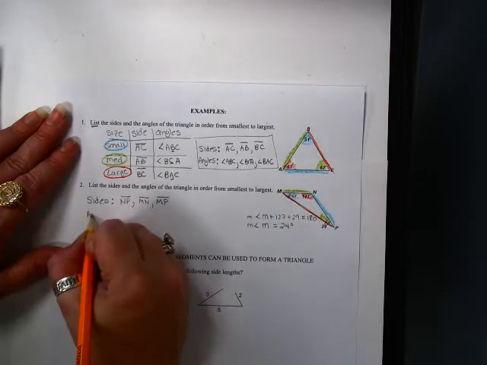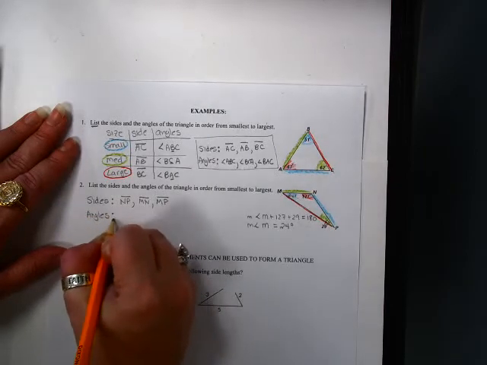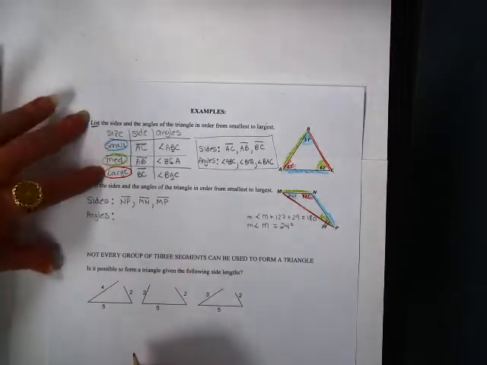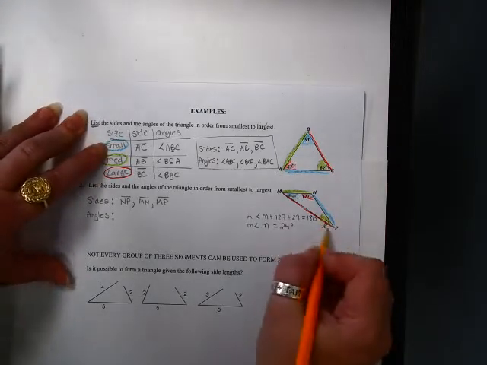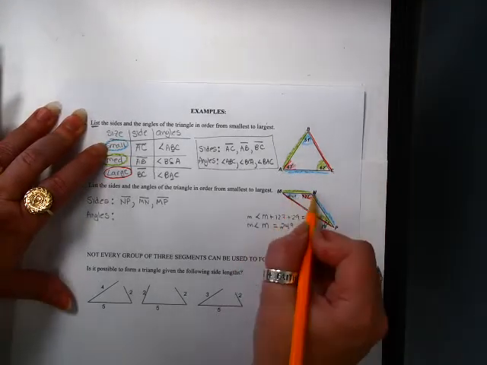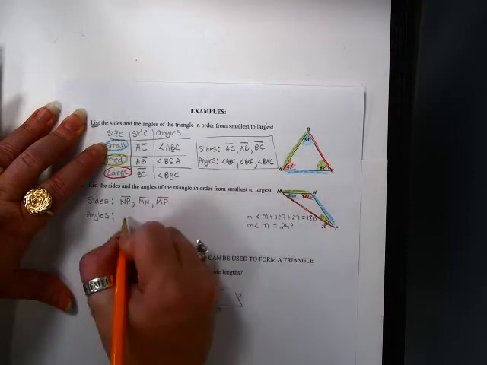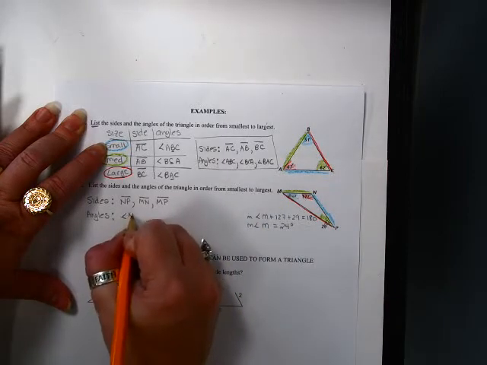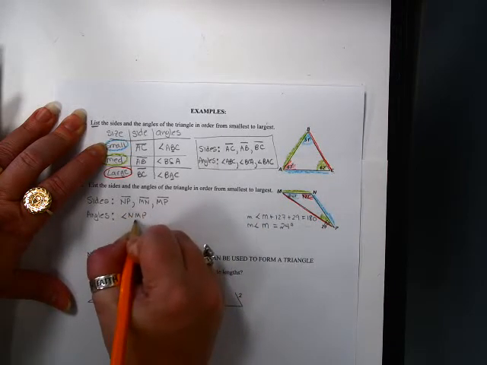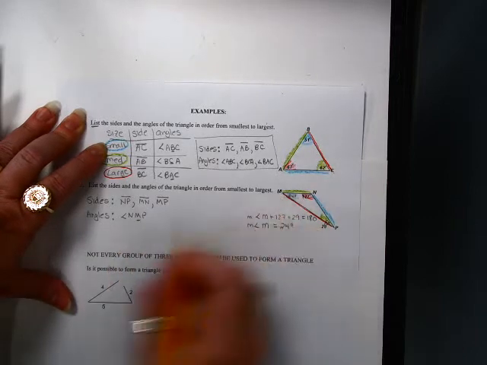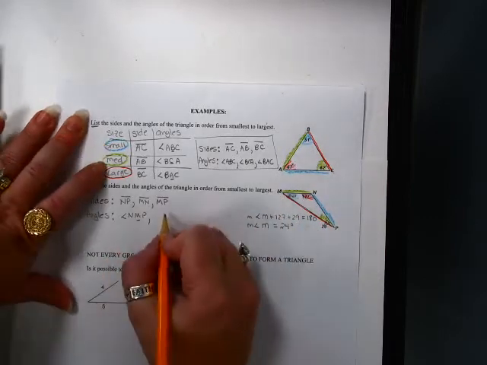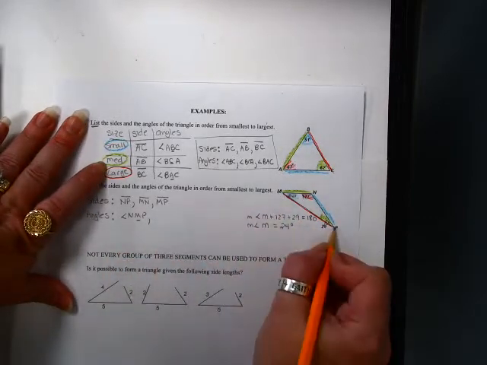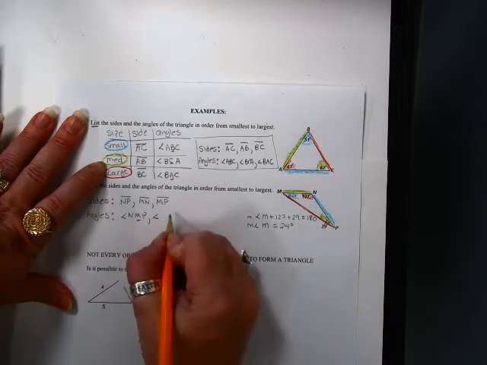Right, and then the angles, using the same trick again, the small, medium, and large. So small angle, that's the M, so that's going to be angle NMP, where M is in the middle, because M is the blue one. Then next one, green, that's going to be where P is in the middle. So angle NPM,